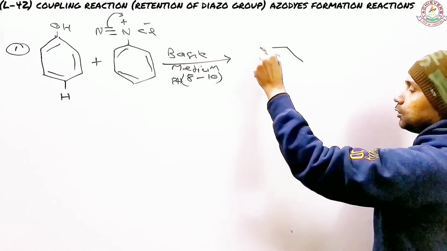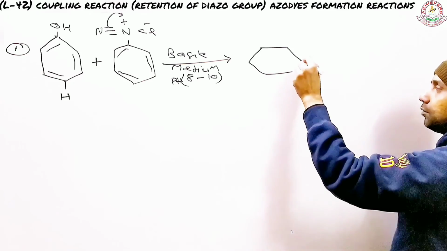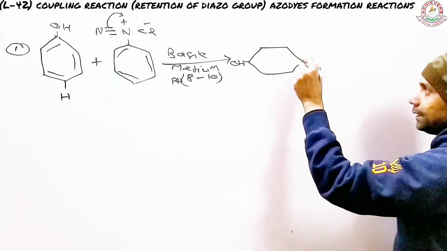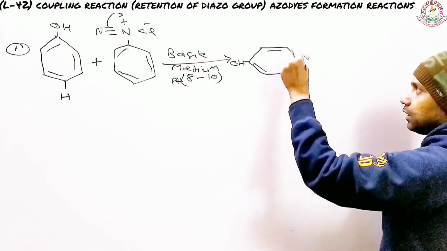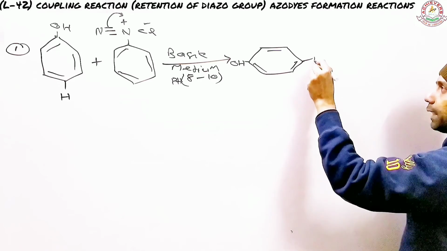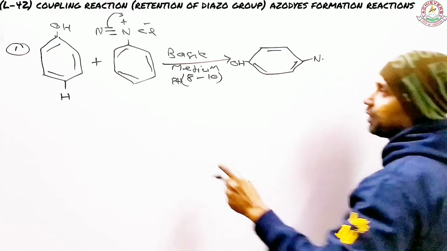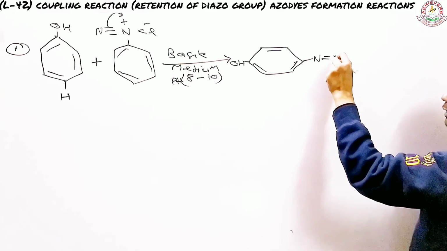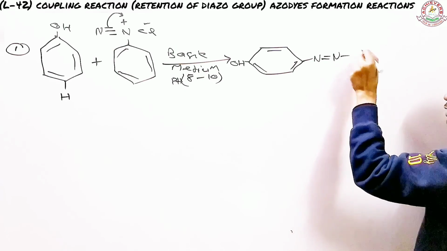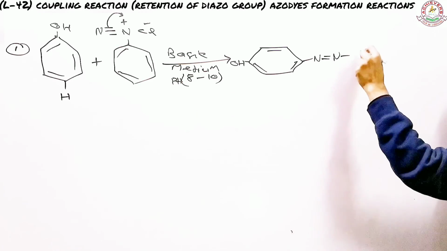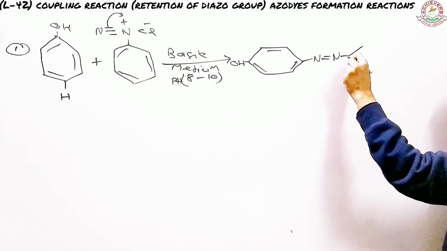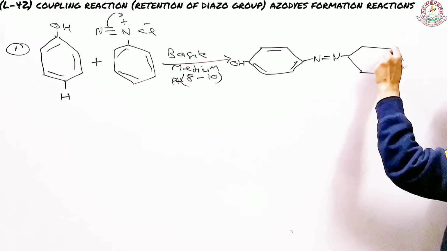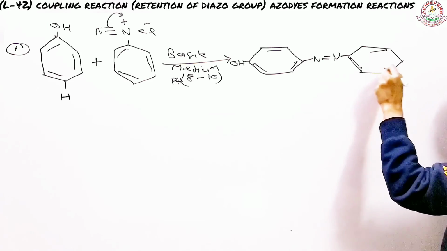So this is your phenol, right? You have your phenol right here, and on this carbon you can place your double bond anywhere you wish to. And this carbon is attached to the nitrogen. Now, what happened here? There is only a double bond now left. So, N double bond N, and then you have your benzene left. So I'm placing the other benzene in the same manner like I did in the first case. So this is your product coming out.